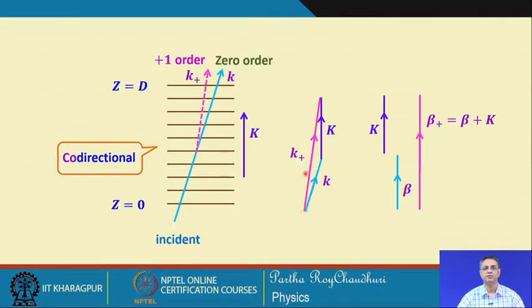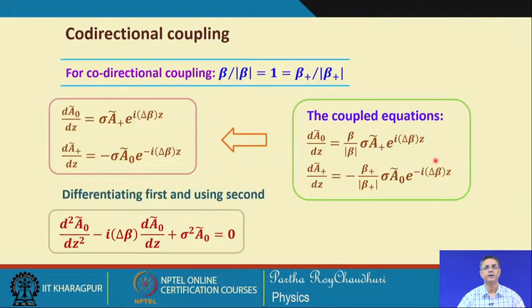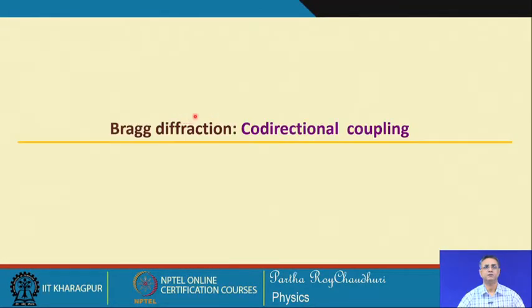If I take the z component along this, then I take the z component of k along this, and k is already along the z direction. So, you have beta plus equal to beta plus k. So, this is again the Bragg condition. So, for co-directional coupling, this quantity beta by mod beta has to be equal to 1, which will be again equal to beta plus by mod beta plus. This is the consequence of this, and then we have this modified form of this equation, because beta plus, if you go back and see this